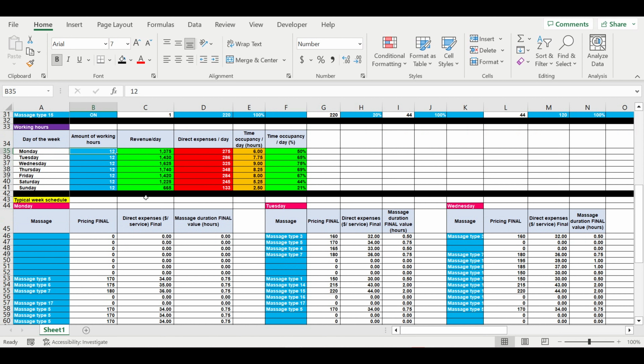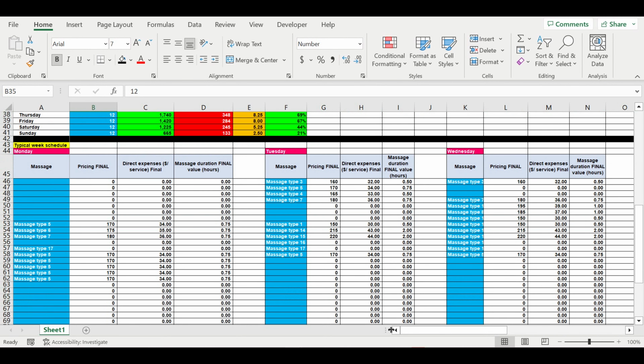And this is one of the most important things to look at in the financial modeling stage,